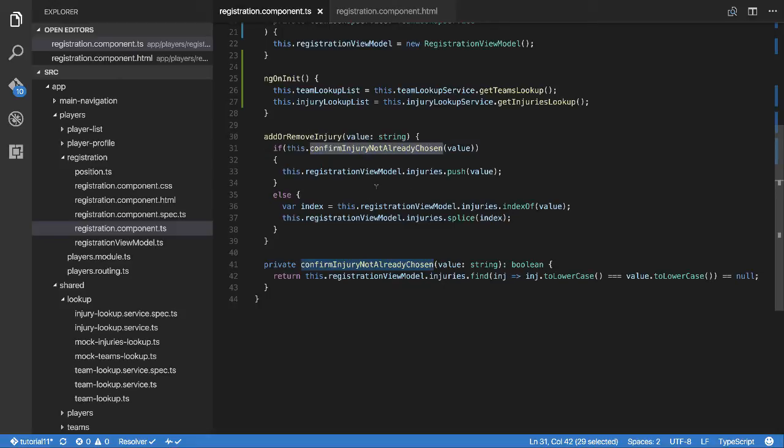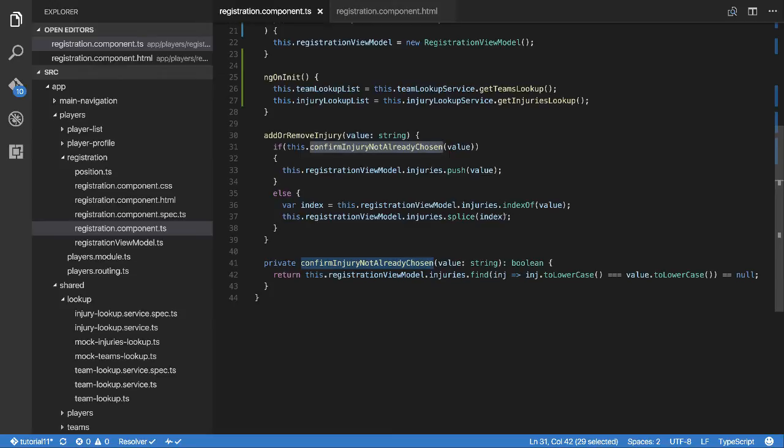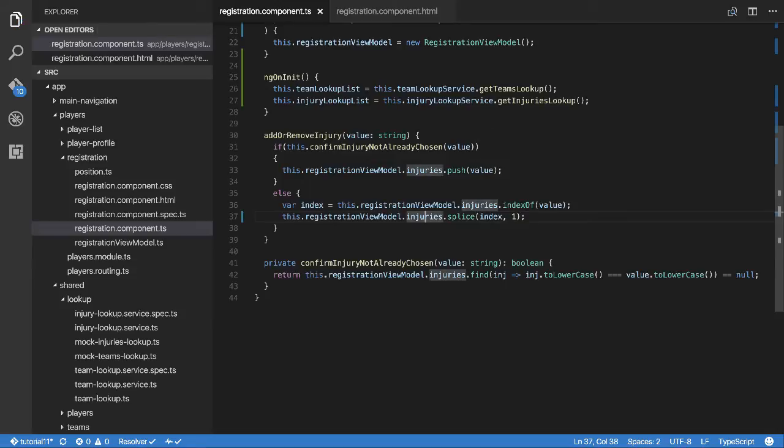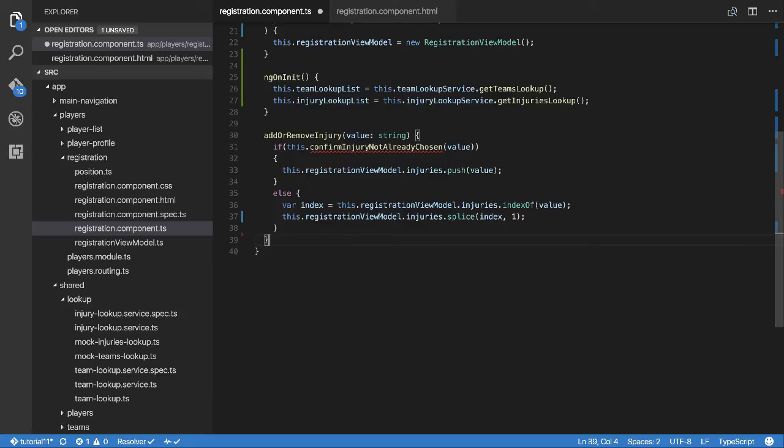Now, I actually found a bug in this code. This code is not actually perfect. And the reason why it's not perfect is simply because that should be 1. Right, so we're only grabbing 1. However, I refined this even more, because this whole confirm injury not already chosen is just a little bit too much and it's a little bit error prone, so I'm going to delete it, right? So what I did instead, which I think is probably a little bit more legacy driven, but I think it works better overall, if I can find it, is